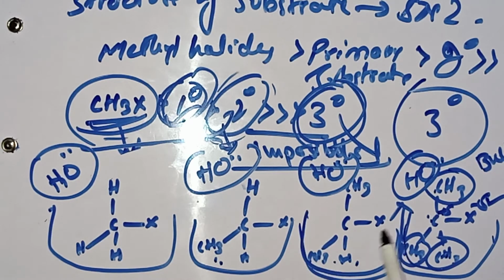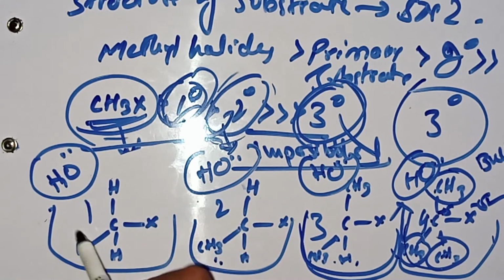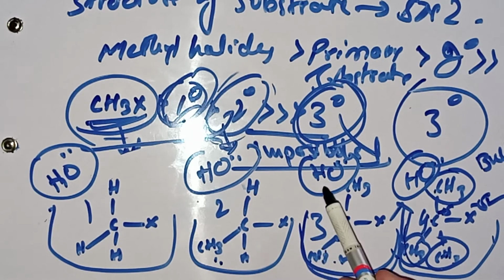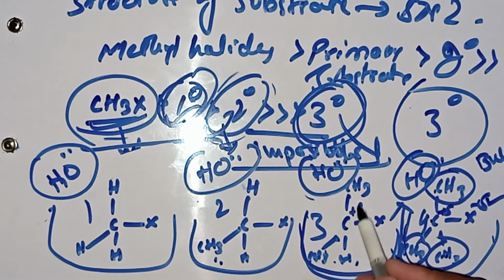But in the case of this third beaker, this is the third beaker, this is the fourth, this is the second, this is the first. In the third beaker, there are only two bulky groups attached. So these bulky groups will show less resistance to the coming nucleophile when it attacks the electrophilic carbon, as compared to the fourth, where more bulky groups will result in